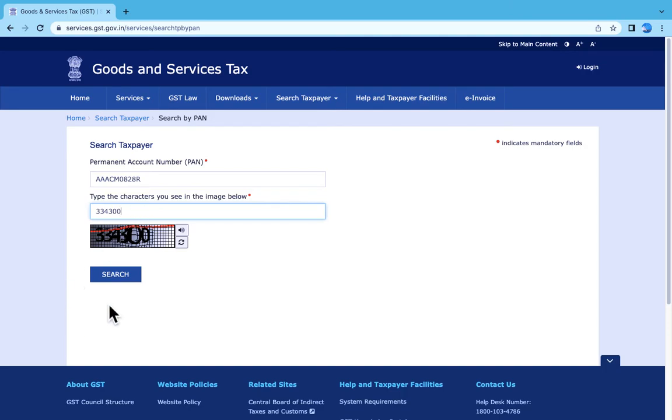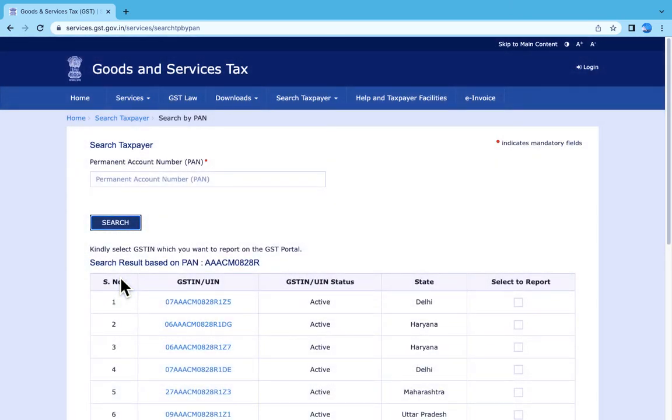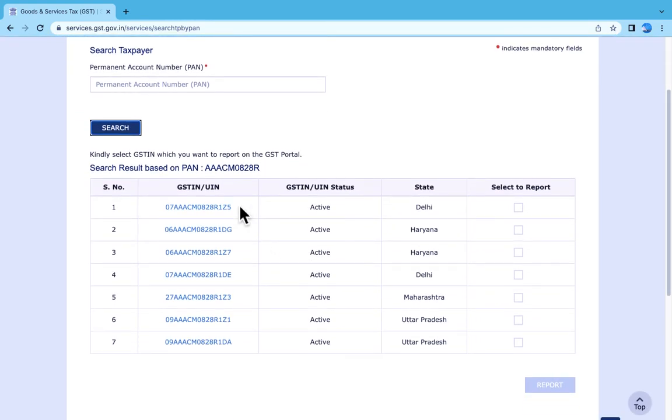Now we can check the details of all the GSTINs registered on this PAN. This PAN is registered in Delhi, Haryana, Maharashtra with different GSTIN numbers.